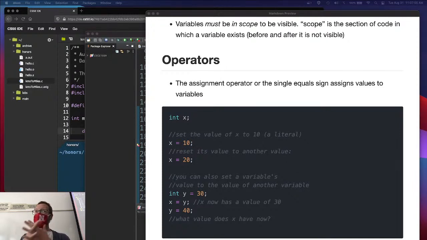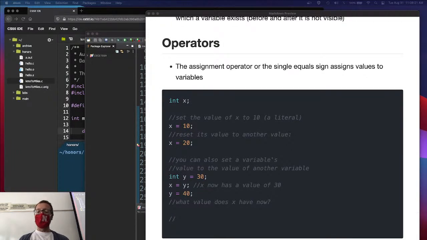We will look at a situation later on where we have pointers or references, where we can have multiple variables point to the same location in memory, in which case if you change one, then it's reflected by the other. But in this case, all the assignment operator is doing is saying, take the value on the right-hand side and put it into the variable on the left-hand side. You can also have full expressions. You can have full